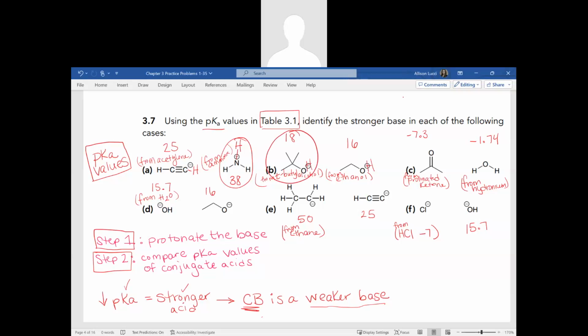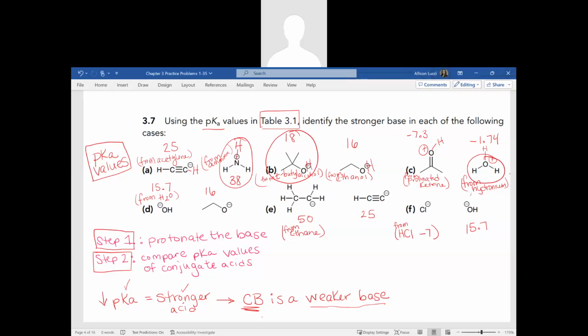All right, then we look at our pair that's given in part C. If we were to protonate this ketone, we would get a +1 formal charge on that oxygen. The same thing will result with a formal charge with hydronium. So we go to our table, and we see -7.3 for a protonated ketone, a very strong acid actually. And then we have hydronium, which is -1.74. So in this case, since hydronium is the weaker acid, we know that